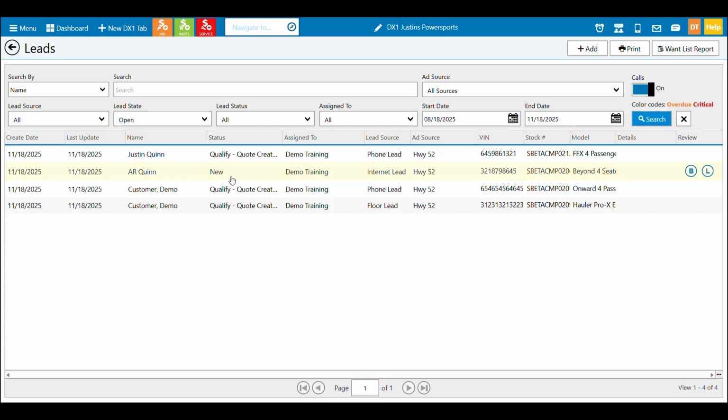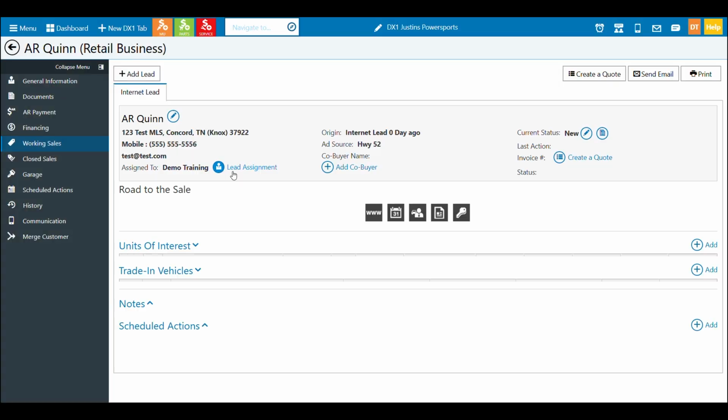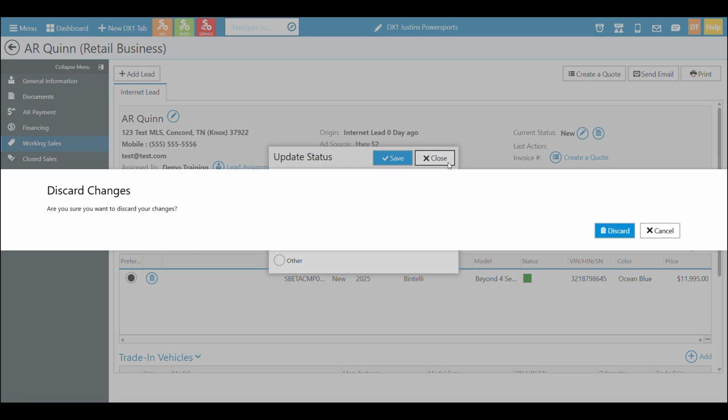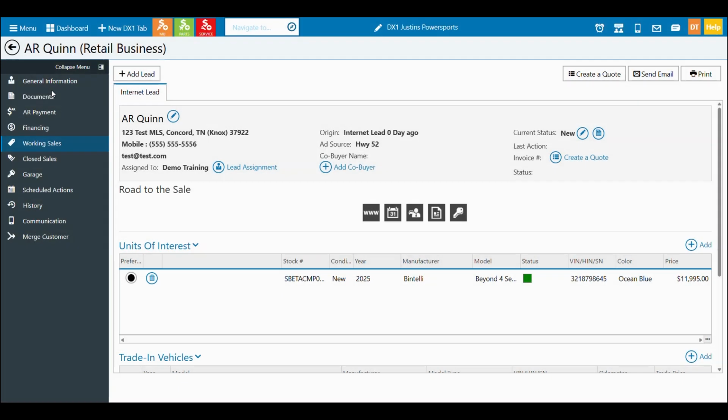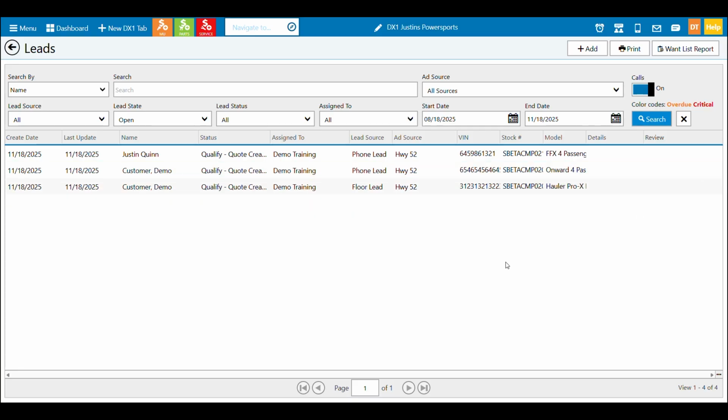So let's talk just about a little bit of how to close a lead or remove a lead that doesn't happen. Probably one of the quickest ways, like I said, you can do it is you can open it up and you could come in and you could do the status of it and say this is a lead we lost and they bought elsewhere, or we could not finance, or one of those reasons. You could definitely set it that way. You can also go straight from in the lead itself, and you can see here we can mark the lead as closed as bad, or we could mark the lead as closed as lost. If we do that, we can simply click it and you can see it's been removed from our list.